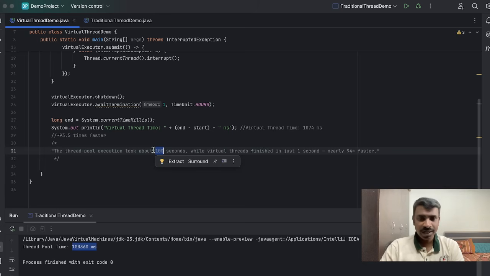You see the difference between 1 and 100. This is the importance of virtual threads. You can save a lot of time, and also memory and the number of cores. This is very useful in multi-threaded applications. I am going to the slides and I will explain the features.